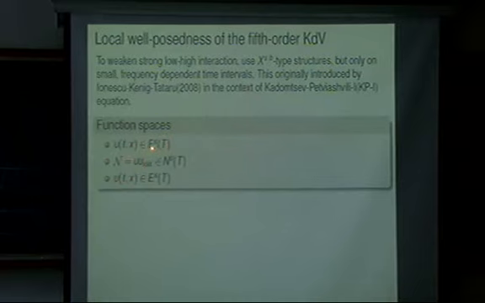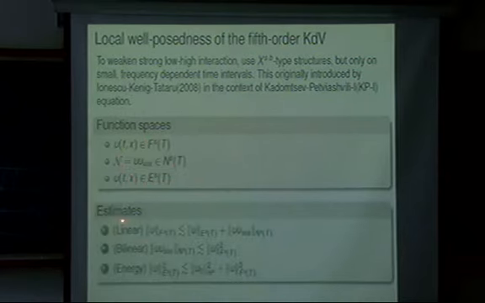First of all, I'm going to define the function space. The solution u will be in F^s for time t, and this function space is embedded in C_t H^s. The nonlinear term, u u_x, will be in a nonlinear space, and u is also in an energy function space, which I'll define later. And then it comes with three estimates: one is the linear estimate, not exactly linear but something corresponding to it, then the bilinear estimate, which is the nonlinear estimate, and the other is the energy estimate.